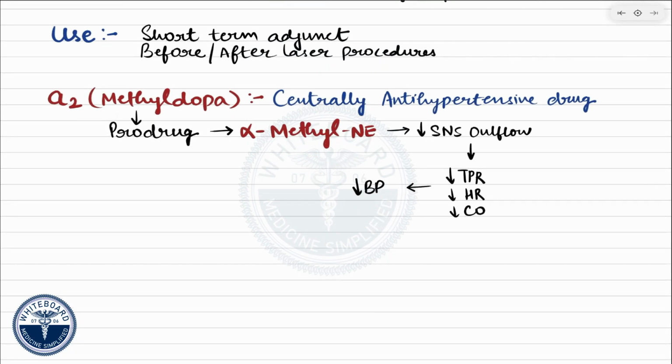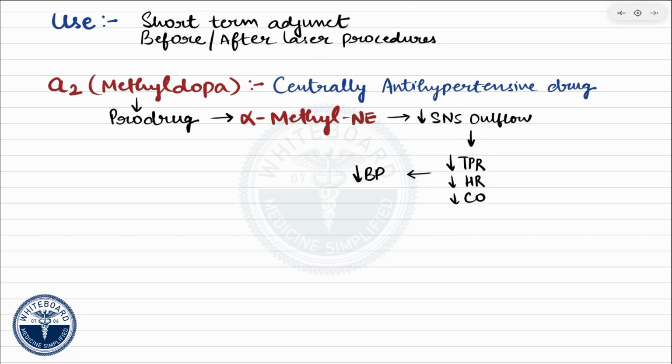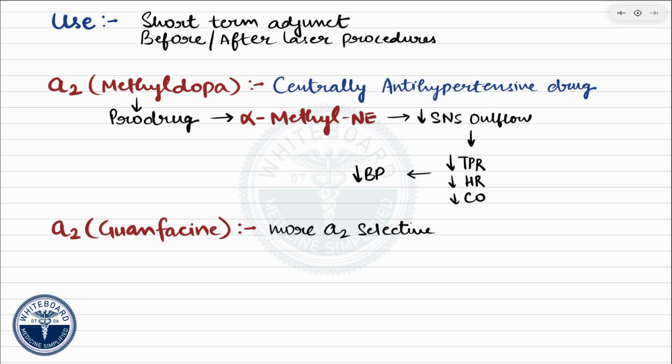as that of clonidine. The next alpha-2 agonist is guanfacine. If you already understand clonidine, then guanfacine is very easy to remember because its mechanism of action is essentially the same. One important difference is that guanfacine is more selective for alpha-2 receptors than clonidine. This greater selectivity helps it produce its therapeutic effects through central alpha-2 receptor activation while minimizing unwanted actions on other